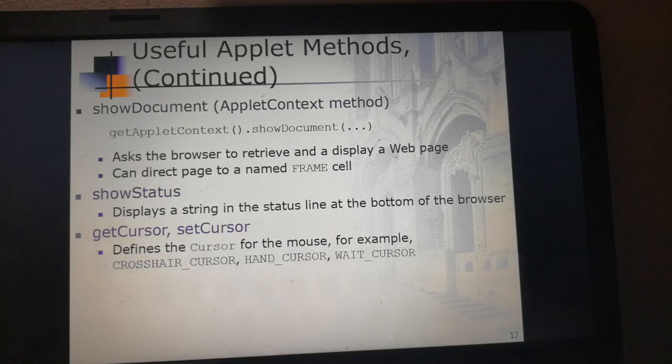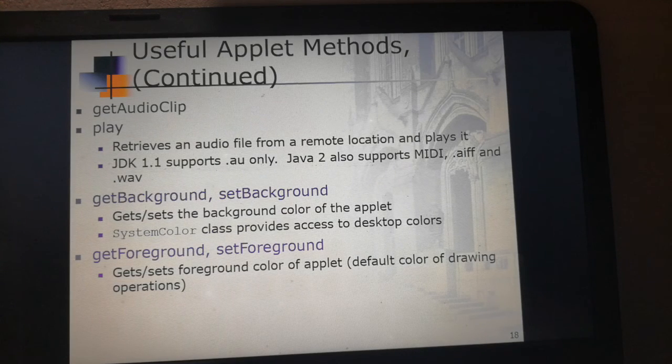Then showStatus gives you the string in the status line at the bottom of the browser. getCursor and setCursor define the cursor of the mouse, for example the crosshair cursor, hand cursor, wait cursor, etc. Then getAudioClip plays the audio embedded in the applet, and getBackground and setBackground, as the names indicate, get or set the background color of the applet. getForeground and setForeground likewise handle the foreground color of the applet.